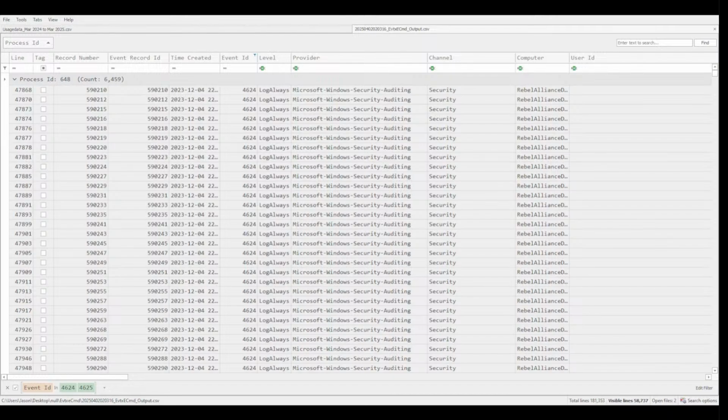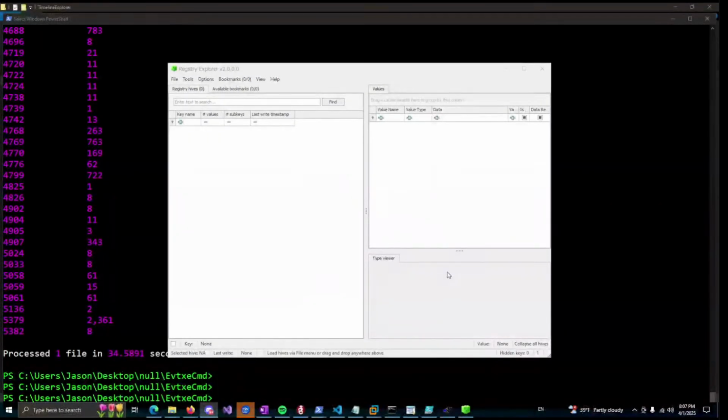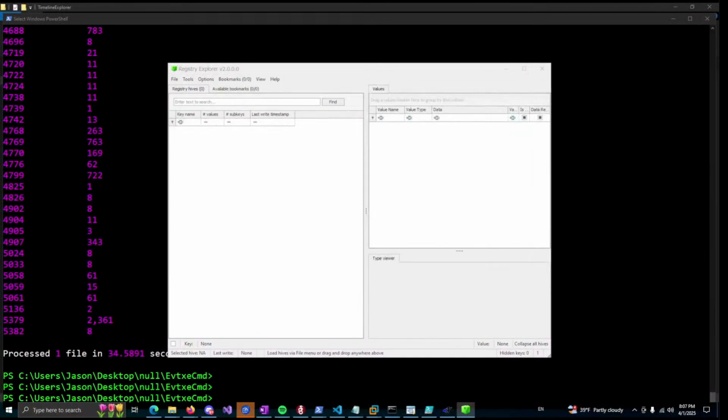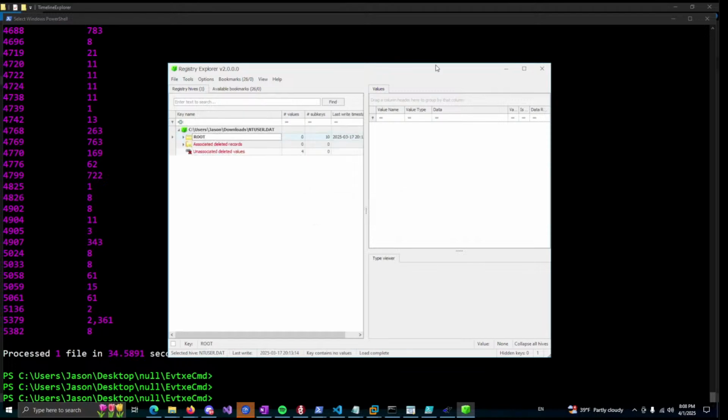Cool. If not, I'm going to jump shares one more time, and I'll show you how to use Registry Explorer, which is the one other tool that I recommended from the meetup text. So, I'm going to share my whole screen for this one. So this is Registry Explorer. Once you get it open, you can either load a live system or we can load a specific hive. In this case, let me grab our NTUSER.DAT. And then once I get it loaded up,